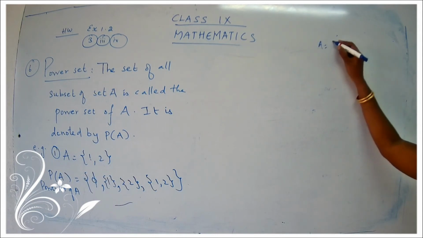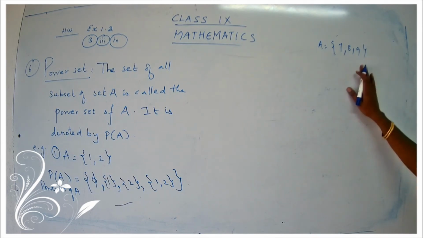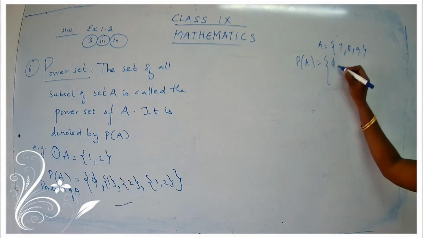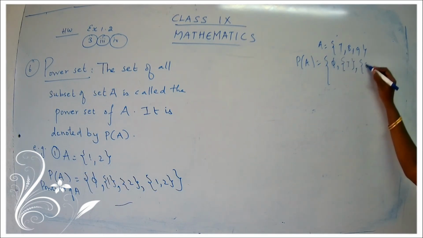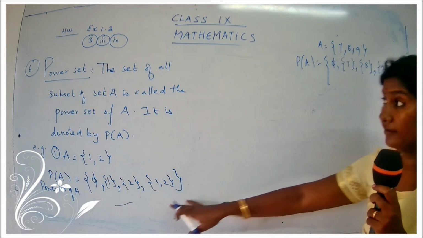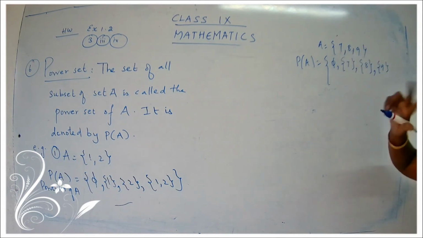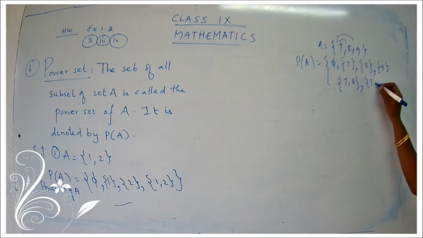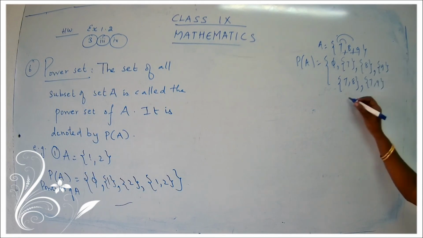Okay, children, if you have A = {7, 8, 9}, listen to me, no need to write this down, just listen. What will be the power set of A? First, put a bracket, empty, first empty. Each element: 7, 8, 9. Now for 2 elements, earlier I took single elements, now we have 3 here, so we can take pairs. First I have taken one by one, now I am going to take 2, 2 pairs. 7, 8. 7, 9. Then 7, 8 finished, 7, 9 finished. Then you can take 8, 9.